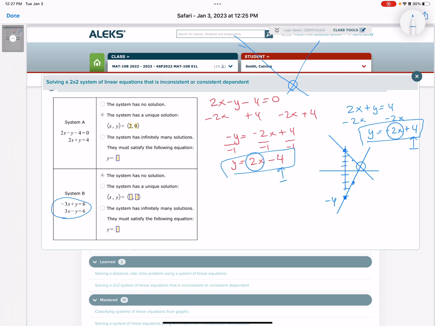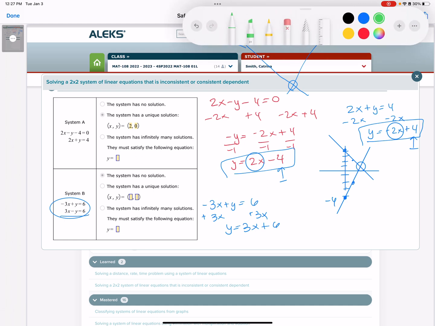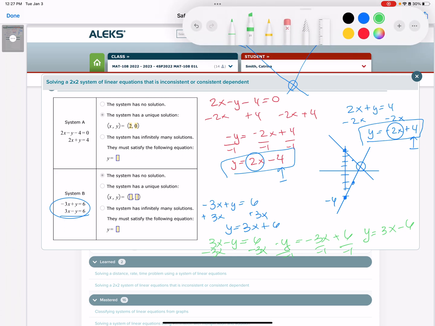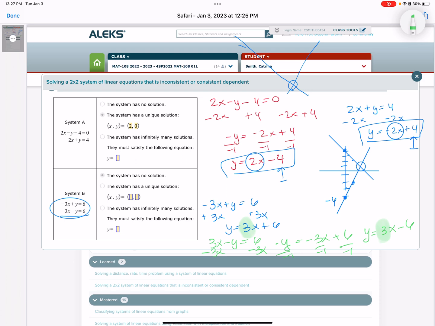You can see on this one, as soon as you do your little math, negative 3x plus y equals 6, plus 3x, y is equal to 3x plus 6. And let's do this one. Here I have 3x minus y equals 6. Subtract 3x, and I get negative y equals negative 3x plus 6. Divide by -1, y is equal to 3x minus 6. So you can see here, ta-da, same slope. Same slope means I've got one here and one here, which never cross,